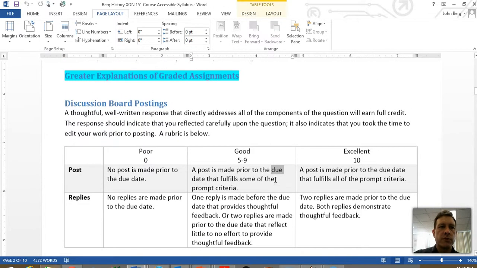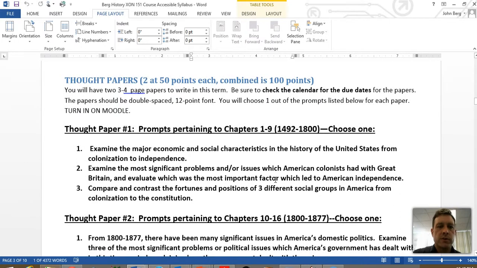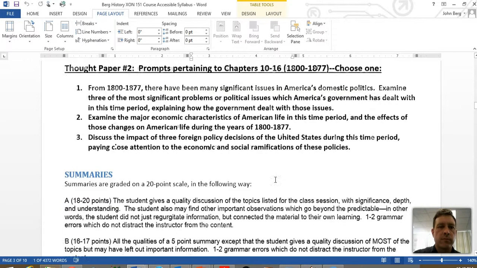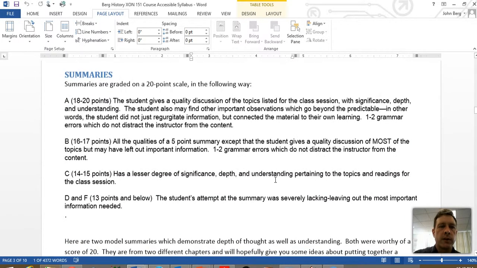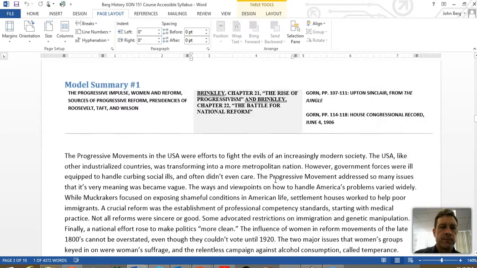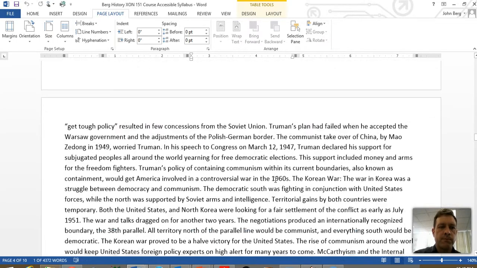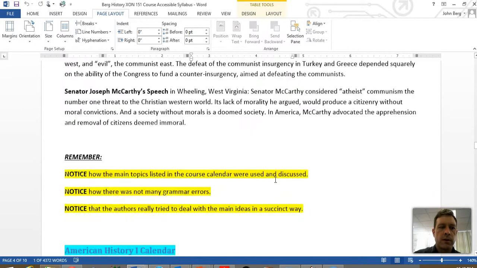This is a rubric for discussion board postings. I will come back to that very soon, as well as the prompts for the thought papers. Here is a rubric for summaries as well. I will come back to that. Let's scroll a little bit more, and I wanted to show you